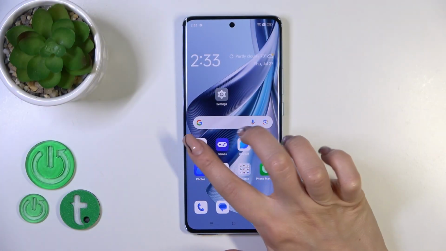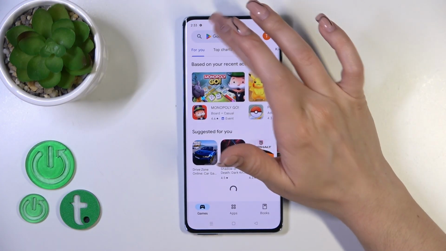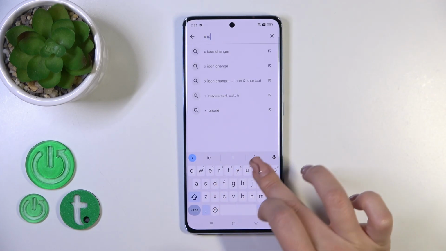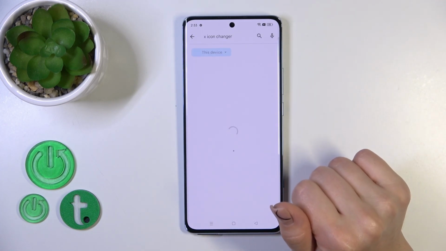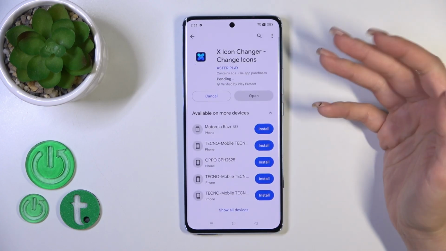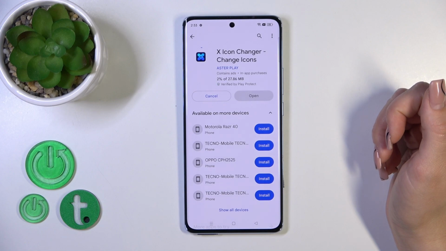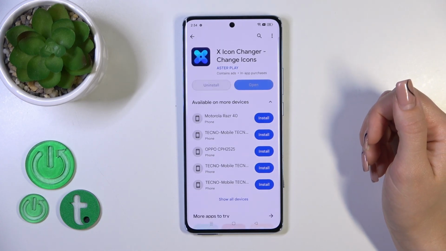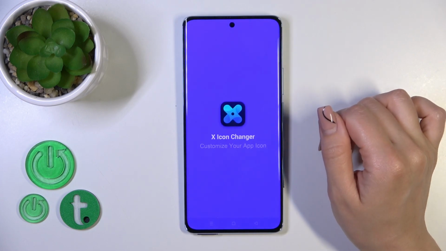So first we should launch the Play Store application. Be sure that you are connected to the Wi-Fi and in the search bar enter the Icon Changer app. So now we should get this application. That's why tap the install button and wait a couple of seconds. Then just tap to open the app